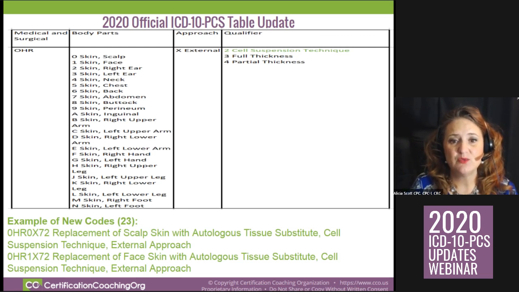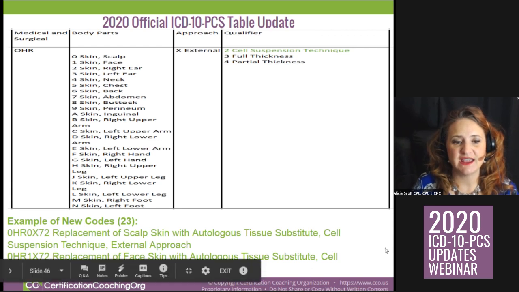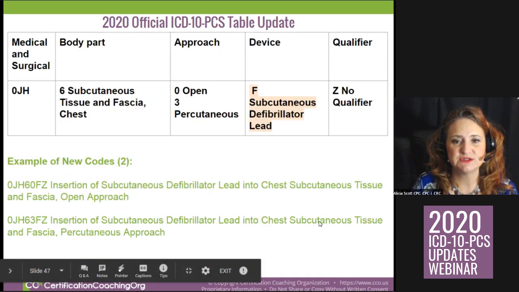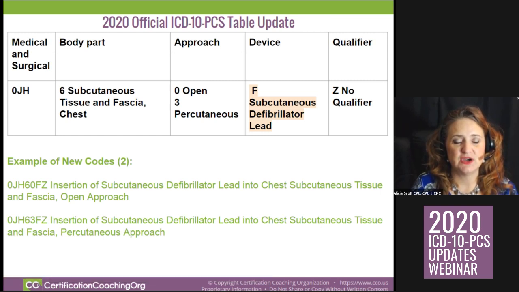So now we have added cell suspension technique to replacement of scalp. Here's an example: replacement of scalp, skin, and autologous tissue substitute, cell suspension technique, external approach. So qualifier 2 was added, and that gave us 23 new codes. 2 new codes were given to us in MedSurg JH,